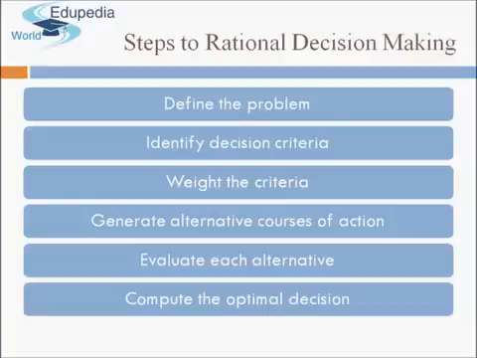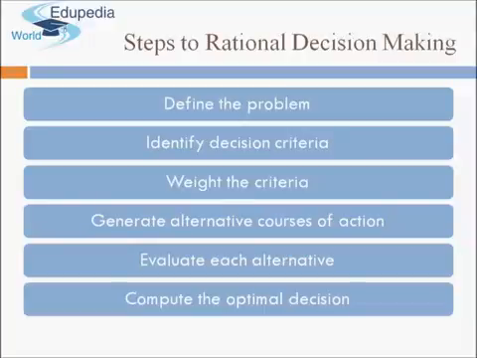So when you have identified these criteria, the next is weighting the criteria. As I said, there can be five different criteria on the basis of which you're choosing a college, like faculty, placement, infrastructure, fee structure, and many more. Out of these, which is the most important for you? Maybe let's say placement is more important for you. Second is maybe the ranking of the college. Third could be the faculty. Fourth could be the infrastructure. So you will weight these criteria, knowing that most important for you is your placement.